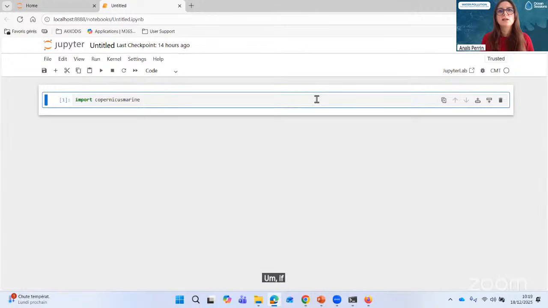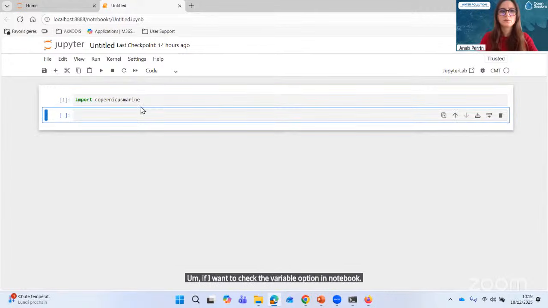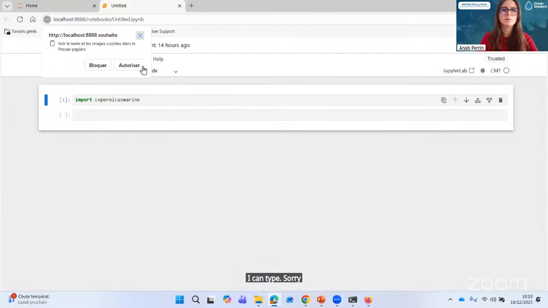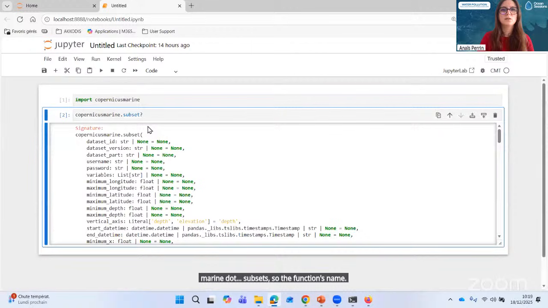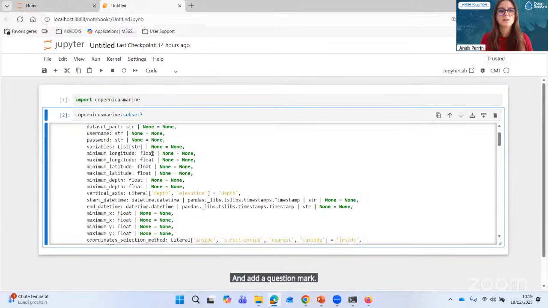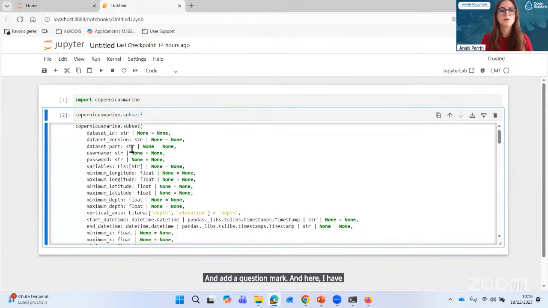If I want to check the options in the notebook, I can type here copernicusmarine.subset, so the function's name, and add a question mark. And here I have the help